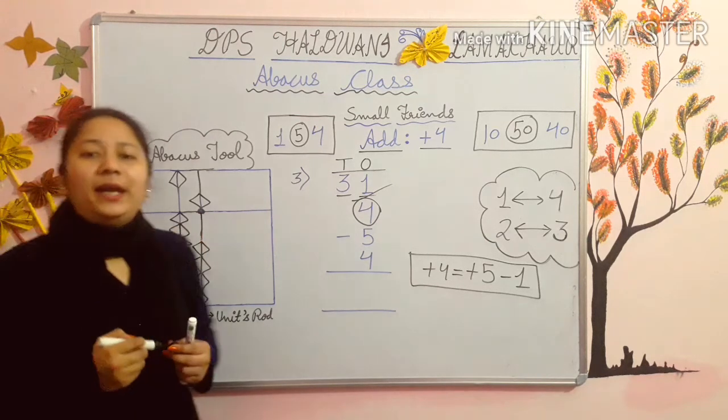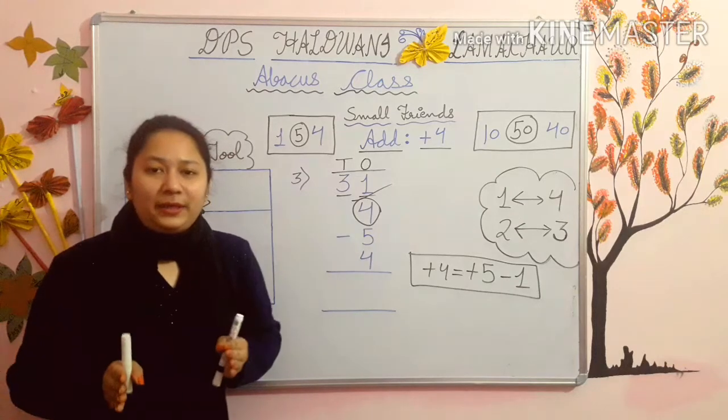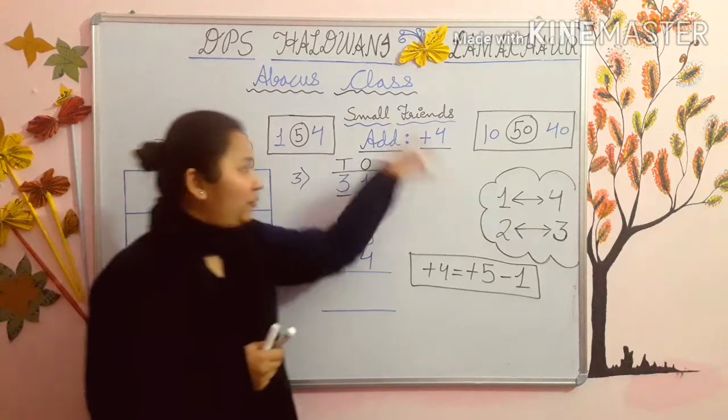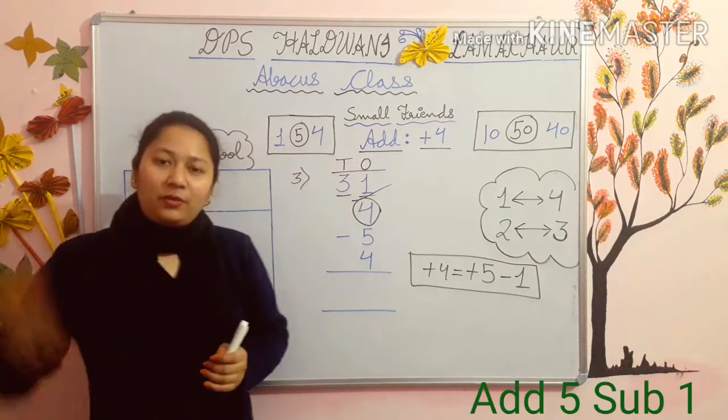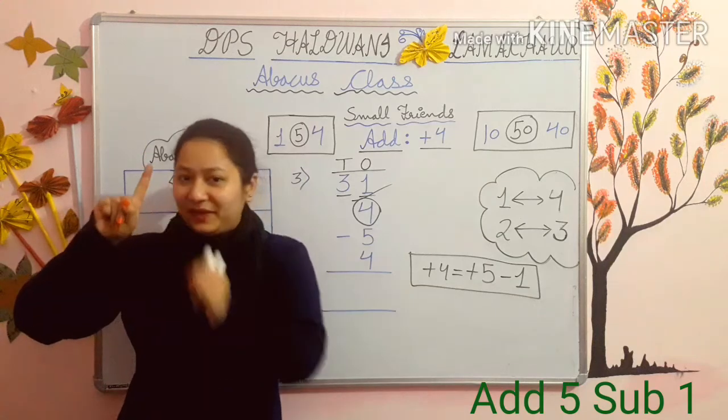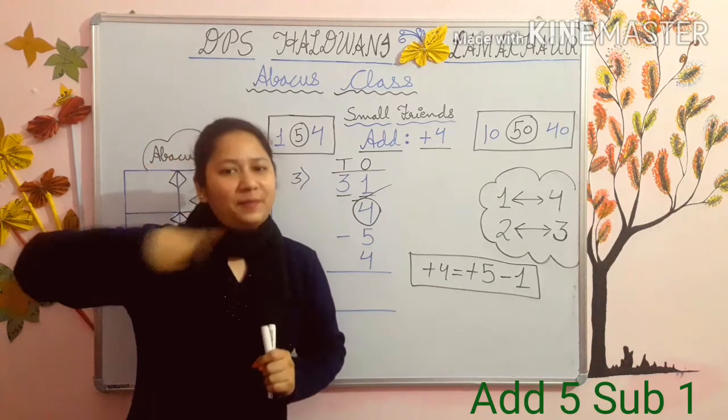Means whenever you get a lack of beads, and 4 beads, means कभी भी आपको bead की कमी हो और किस bead की कमी हो? 4 bead की कमी हो. So first of all you have to add 5 and subtract the friend. And who is the friend? 1. So add 5, subtract 1.